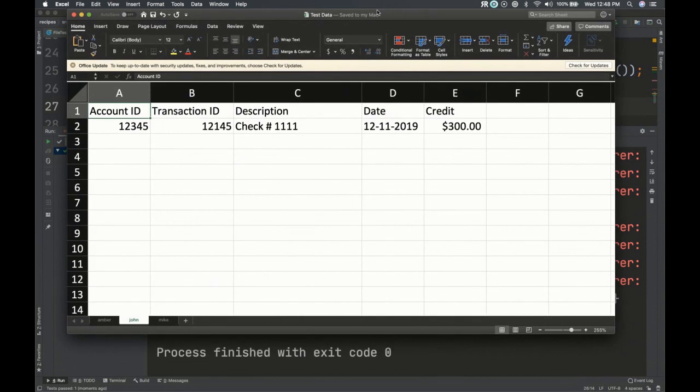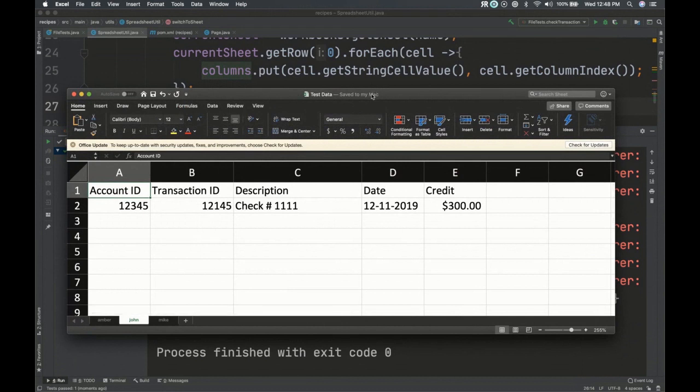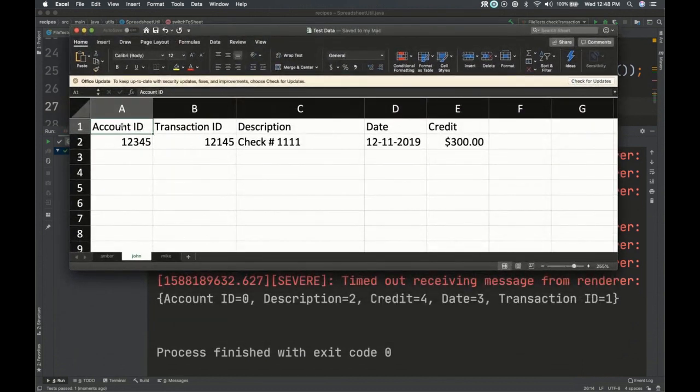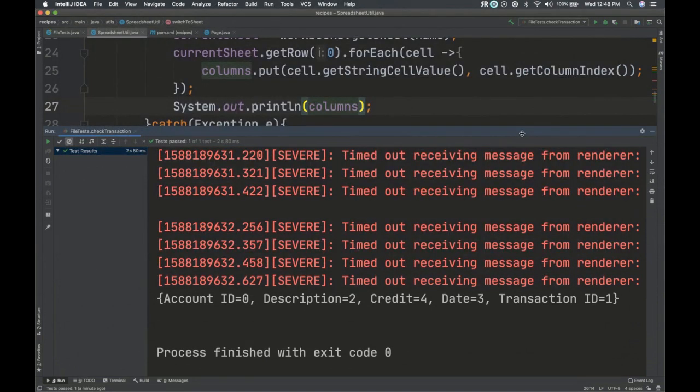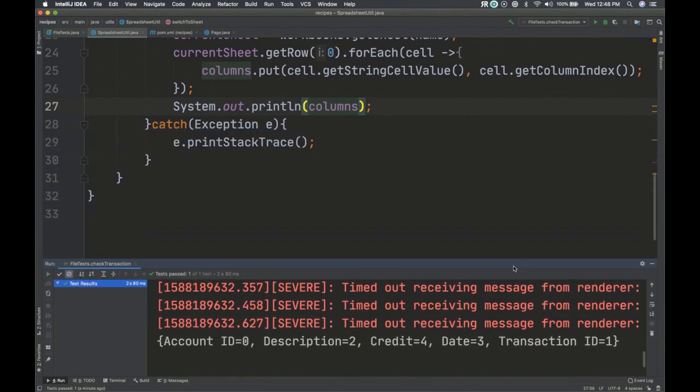So account ID is first, and then transaction is 1, yes. Description is 2, date is 3, and credit is 4. Perfection. All right, beautiful. So we are cooking with grease.